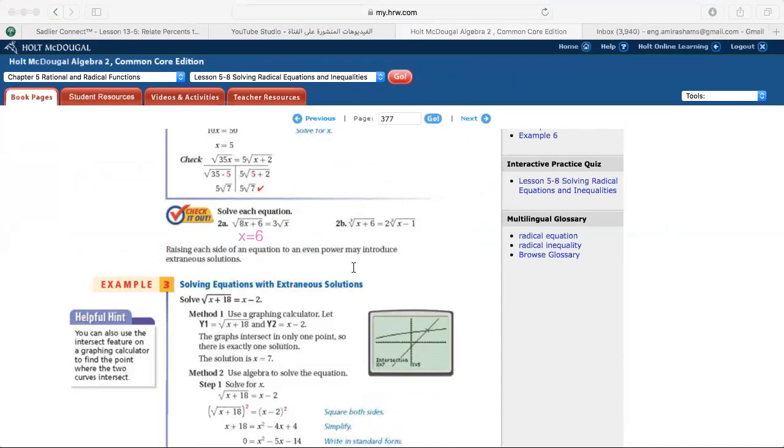Okay, 2b. I have here in 2b a cubic root. Okay, girls, so when I have here a cubic root, shall I square both sides? Of course, no, I will not square both sides. I will raise both sides to the power of the index. The index is 3, so I will raise both sides to 3. So let me